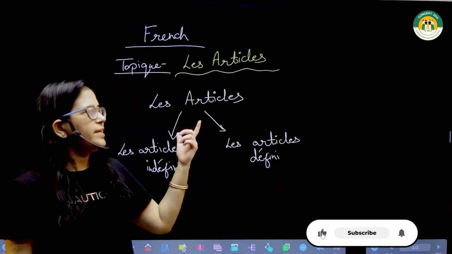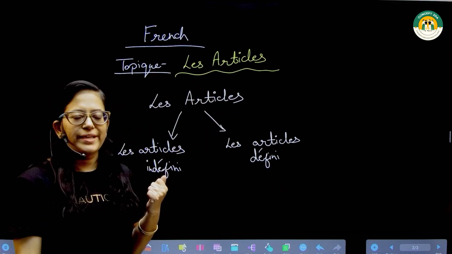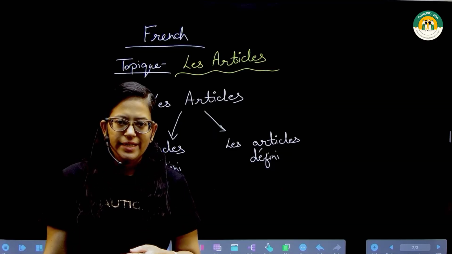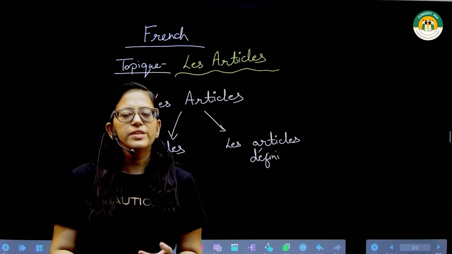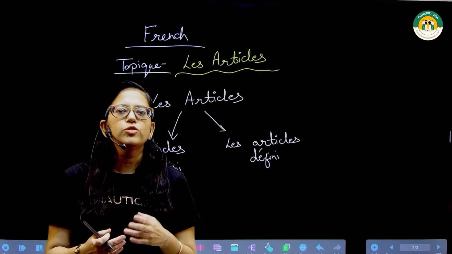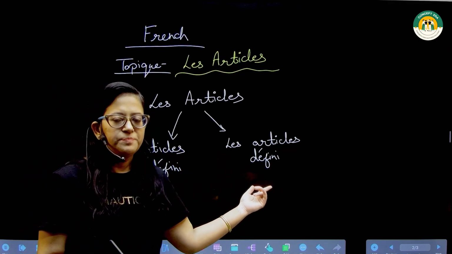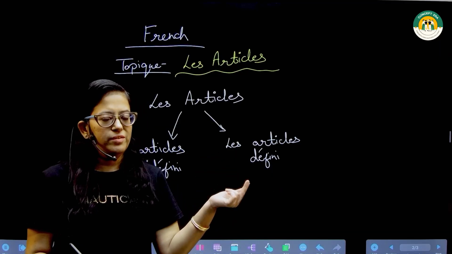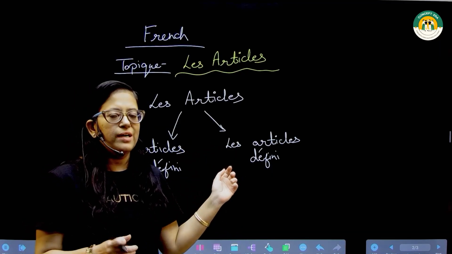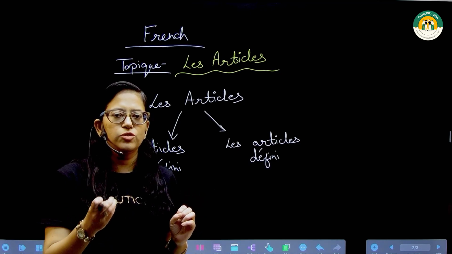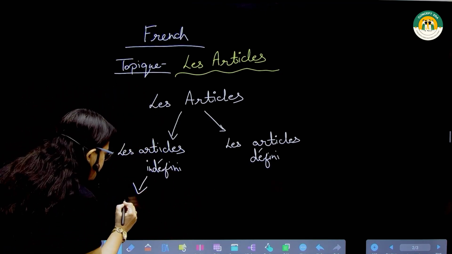Notre sujet est les articles. That means articles. So like in English, we have three types of articles: a, an, and the. In French, the articles are divided into two parts: article indéfini et article défini. Indéfini means the words that are used for a and an, and défini are the definite articles that are used for specific nouns. So indéfini are of three types: un,